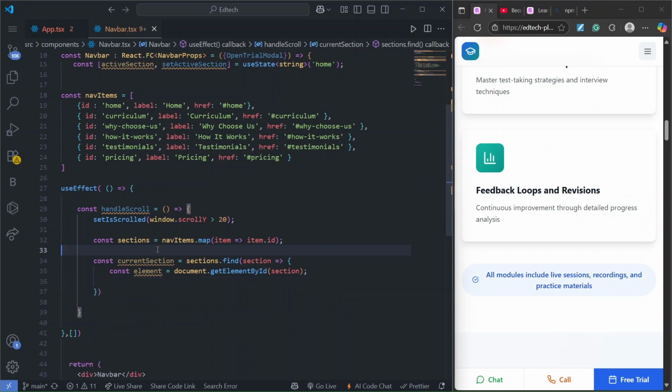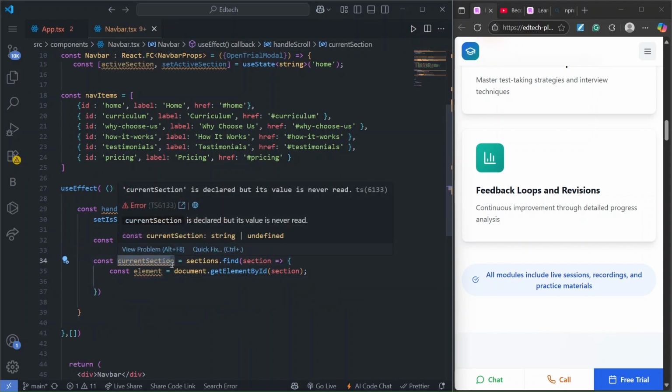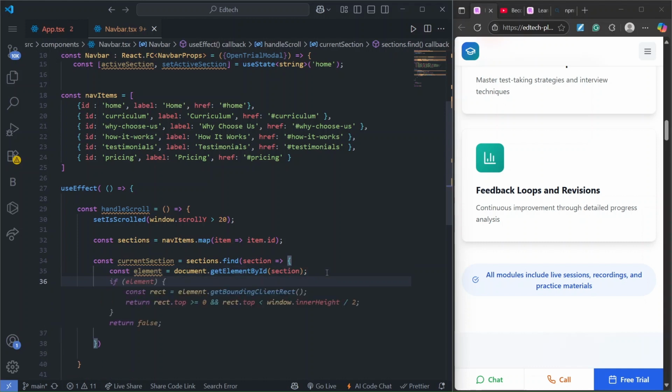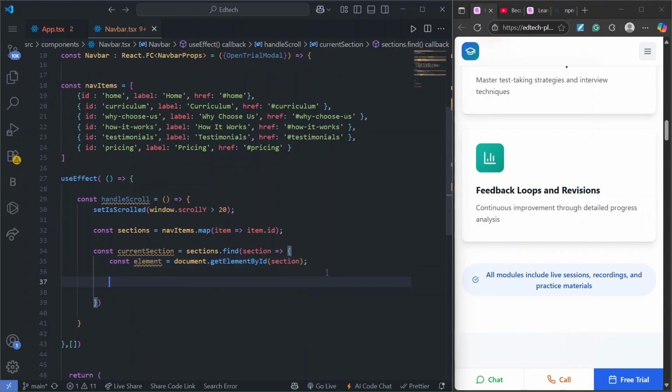So here we are finding the current section by this section. That section has an id, and we are going to match it with our section. We have passed this id. So with the id we are going to find this section. We got the id, right? We find the section with the section id. And if we got the section, if element,